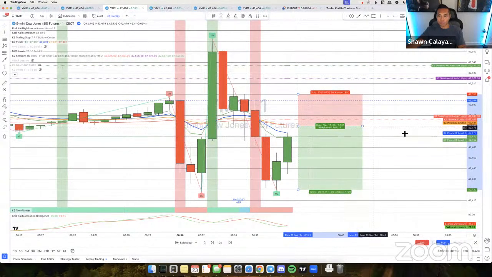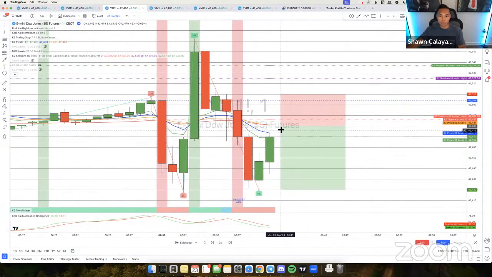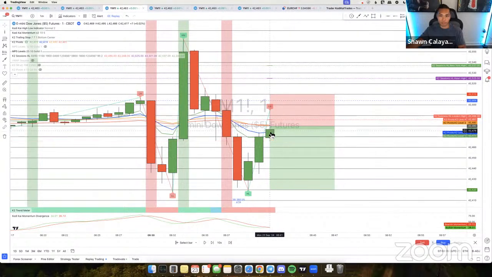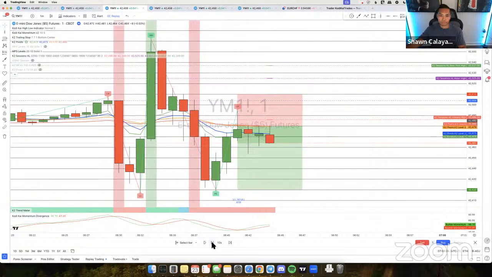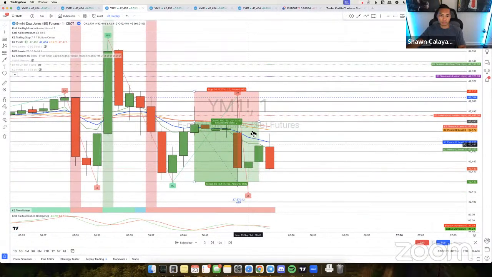It's at every 10 mark, like the 70, 80, 60, 50, 40, 30, etc. I just have my level set to the 10 mark so I can put my pending order right there. If price was to push up, it would fill my order like it did right there, and then it would run right there at full TP. The only difference is that instead of waiting for price to push up and pull back down, you're just having a pending order waiting right there.